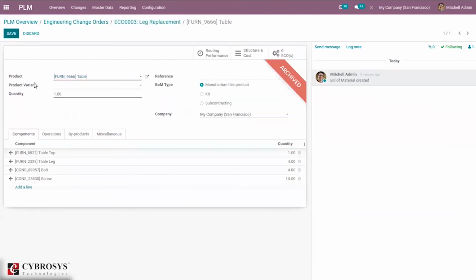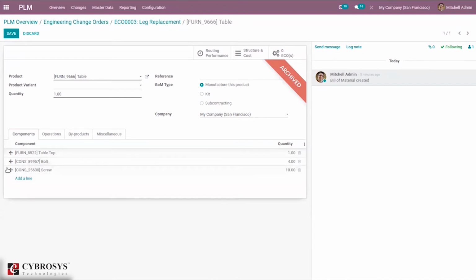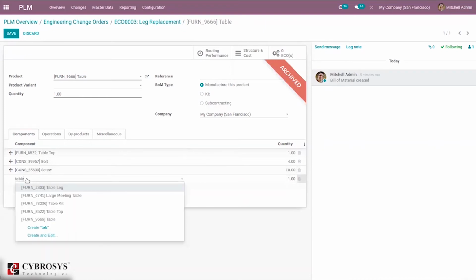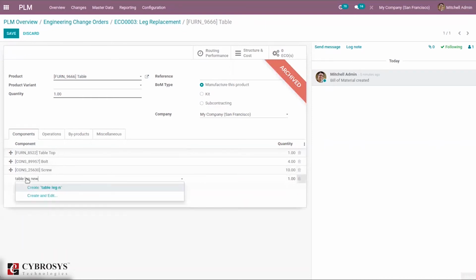So just edit this, and here we can change the table leg. So you can create a new table leg.